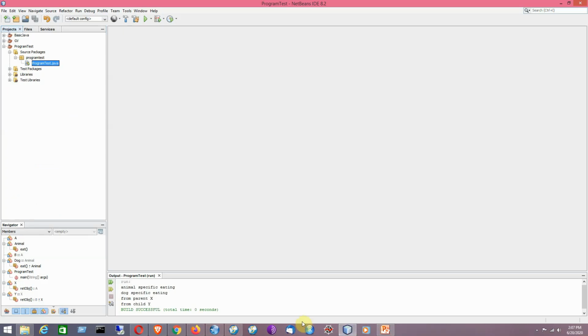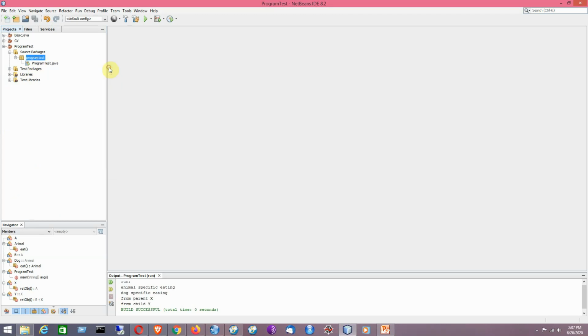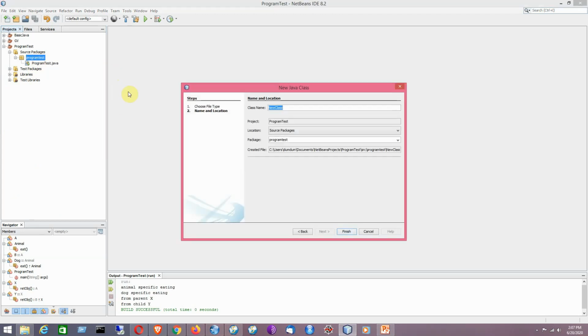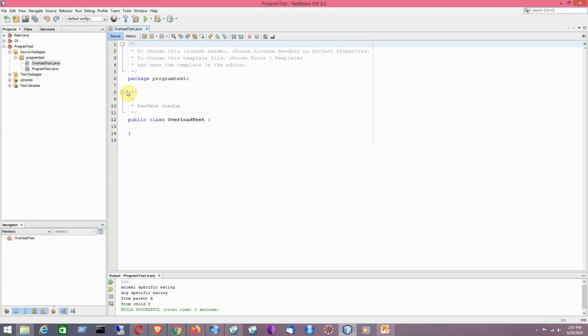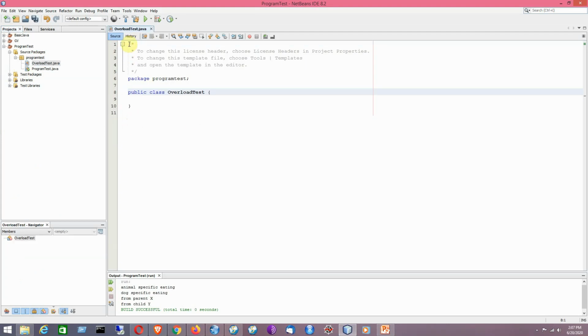So now I will be creating a class for you to demonstrate the concept of method overloading. Say for example, I will be creating a class with the name OverloadTest. It is the name of the class within which I will be putting the main method.